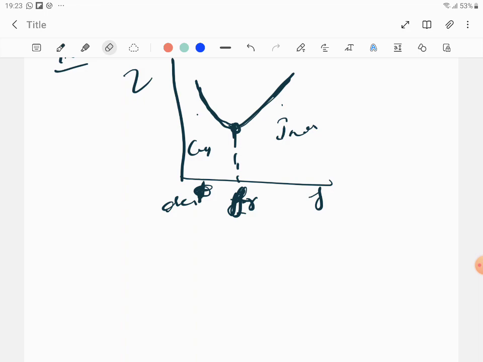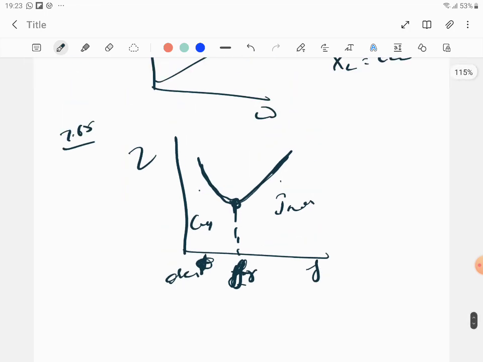What was the question? Mention the factors on which the resonant frequency of the LCR circuit depends. Plot a graph showing the variation of impedance of an LCR circuit with the frequency of the applied AC source. So this is the graph for an LCR circuit. If you're going to do Z versus frequency, this is the way you have to draw. You have to mark this graph. Are you clear? That's it. This question will come. This was problem number 3 in HOTS.